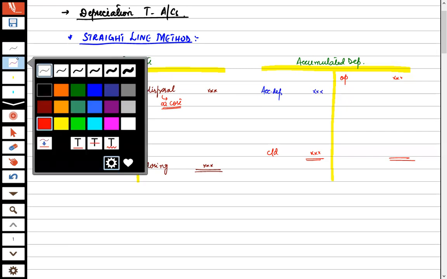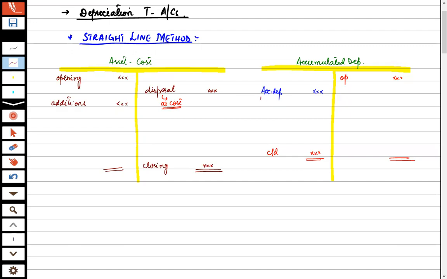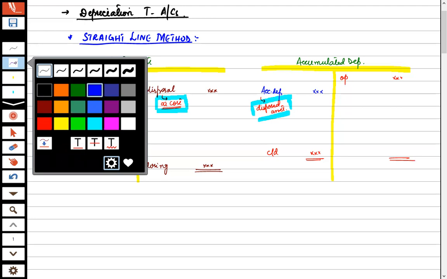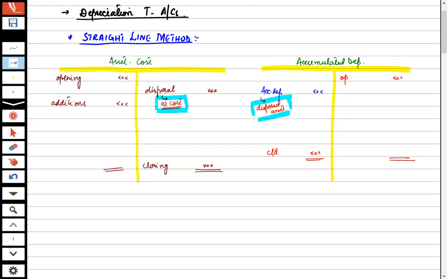So here it is very pertinent to mention that the accumulated depreciation of the disposed asset, this is important. And this is also important: in straight line, disposal is at cost. Clear? Now what about the